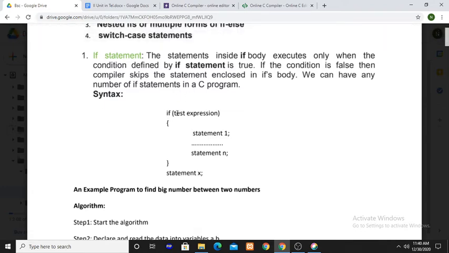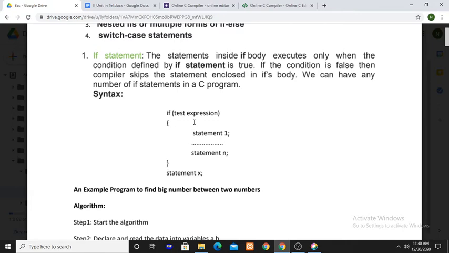If is followed by parentheses, and within the parentheses you write the condition. If that condition is true, the statements enclosed within this block are executed. This is the opening brace and closing brace.